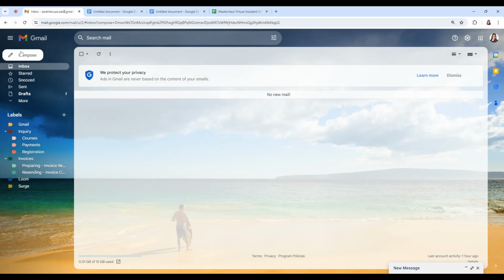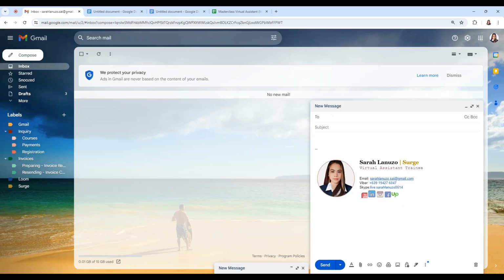Then you can now check your signature here. This is what I was telling you here, that if you check the checkbox on that, this symbol will be removed from your new messages tab.